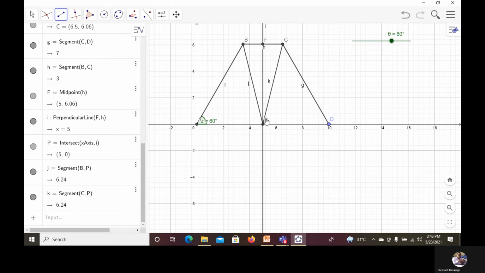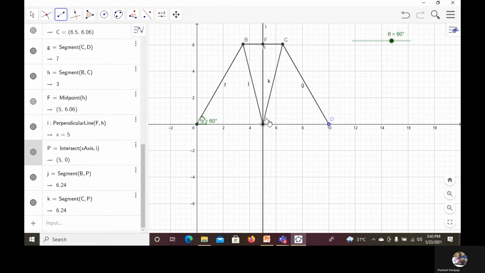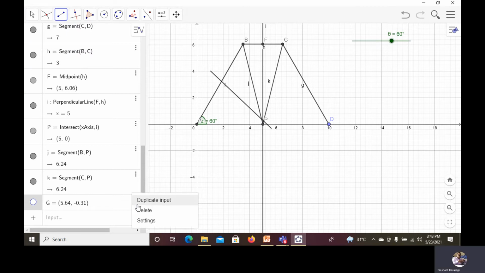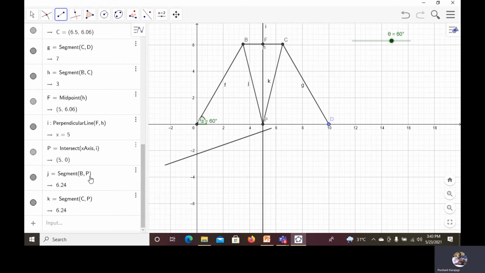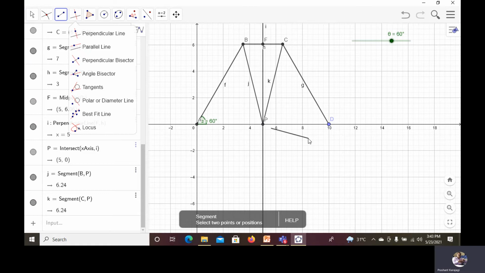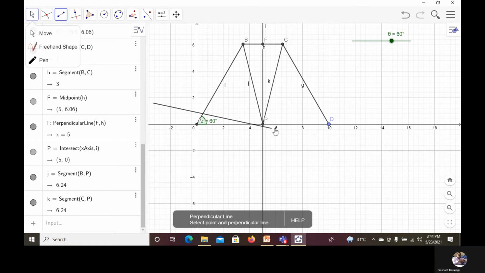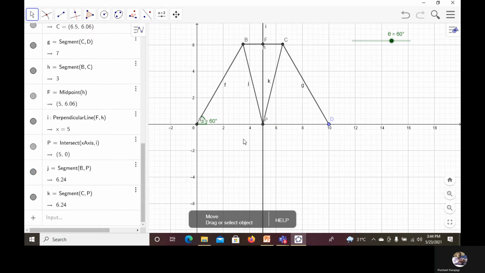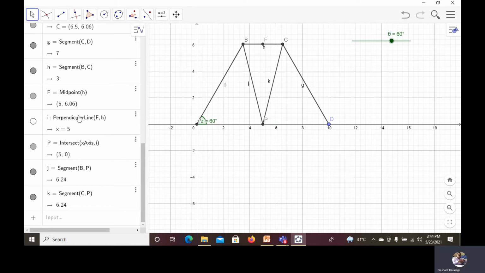Now rename that point G by point P. I'm deleting the extra. Now that perpendicular line, I will deselect.